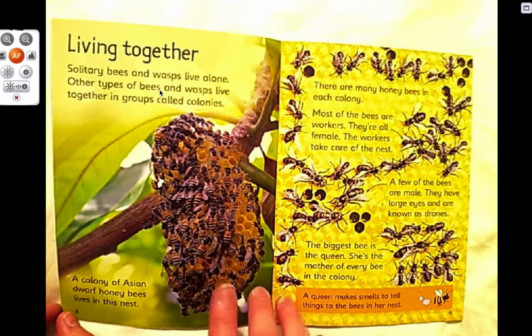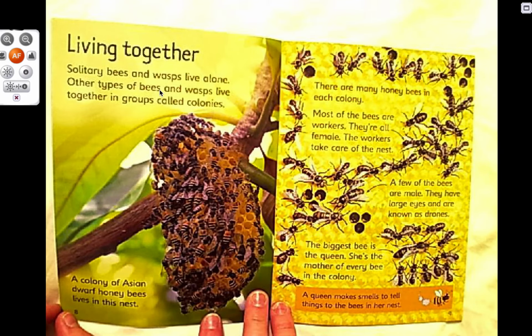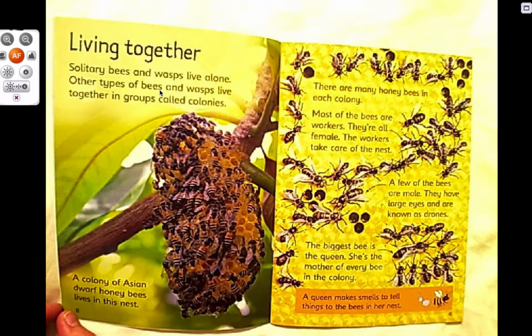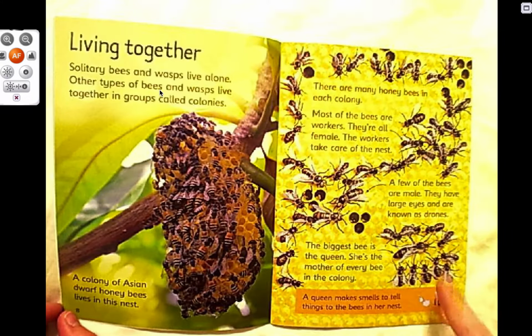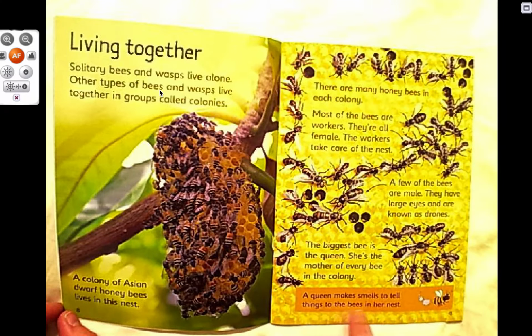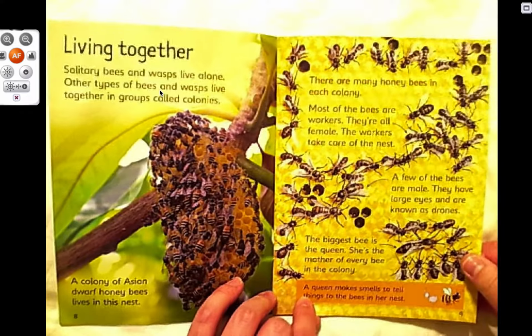A colony of Asian dwarf honeybees lives in this nest. There are many honeybees in each colony. Most of the bees are workers. They're all female. The workers take care of the nest. A few of the bees are male. They have large eyes and are known as drones. So these are drones. The biggest bee is the queen bee. She's the mother of every bee in the colony. A queen bee makes smells to tell things to the bees in her nest. So she makes smells to let them know what she...